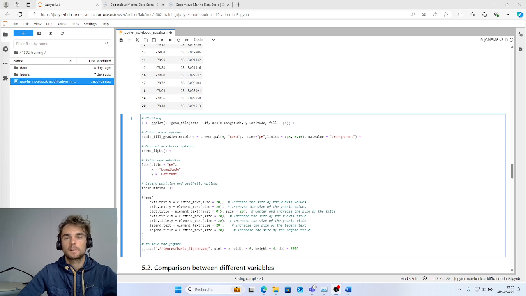This cell is the command to plot the map. We use ggplot. First, we define the variable with geom_tile with the data frame. We specify the longitude, latitude, and the value pH.